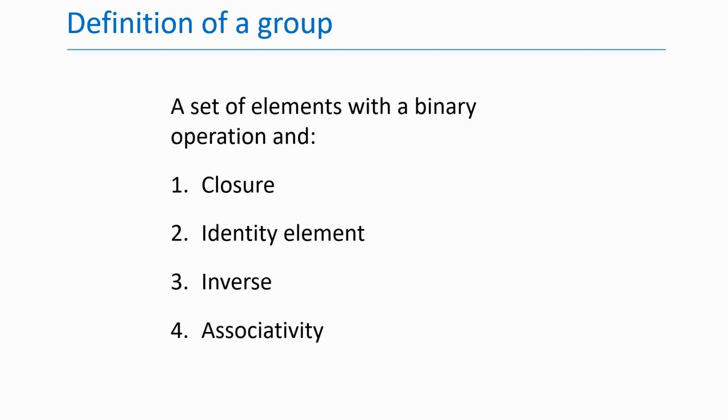In any case, group theory deals with all of the ramifications of a very basic concept. To call it basic, though, is not to say that it is easy to grasp. Compared to most of optics, group theory is almost unbearably abstract. To show you what I mean, here is the definition of a group. A group is a set of elements with a binary operation and closure, an identity element, an inverse for every element, and associativity. Most people find this definition pretty incomprehensible, but it's pretty typical for definitions in higher mathematics.